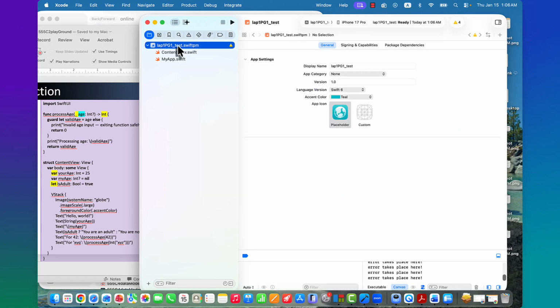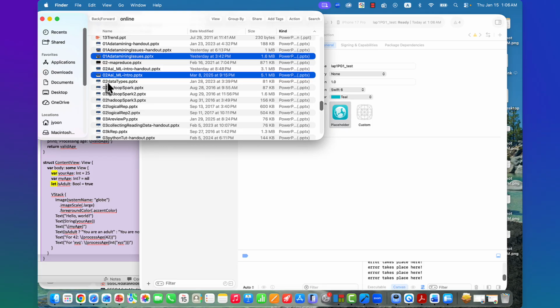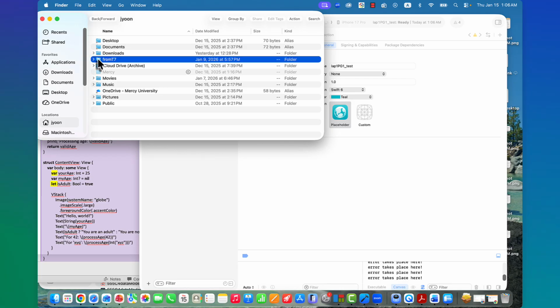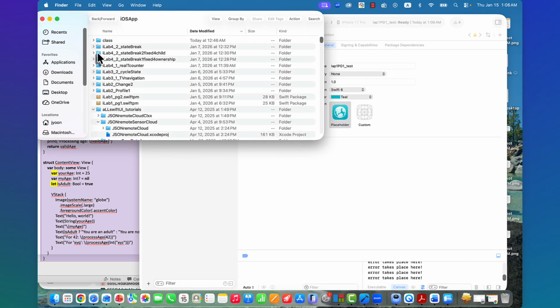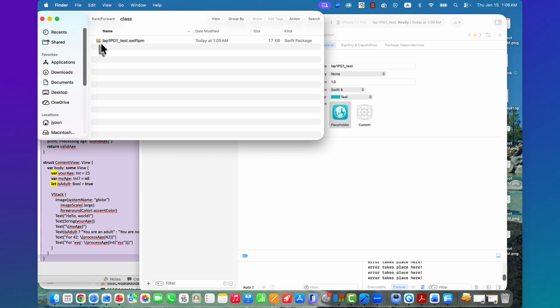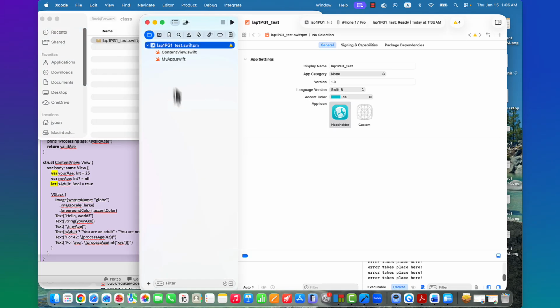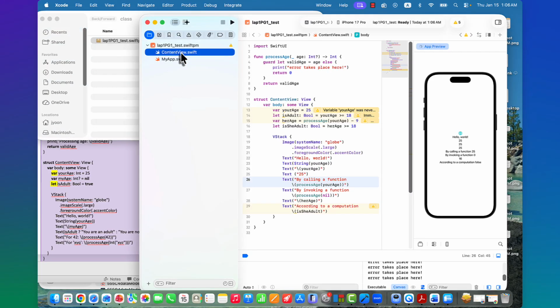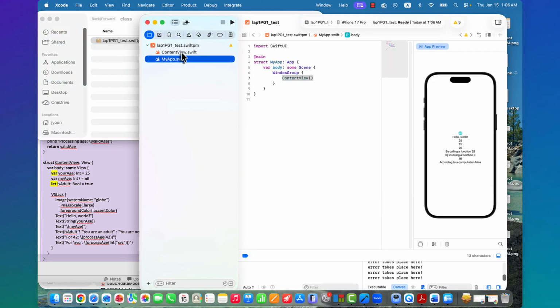In this case, you need to submit this. So how can you submit that? Let's see. For example, in my case here, I have it here, class, right? If you open up class, then this is the program. So you need to submit this, not this individual file or that file.